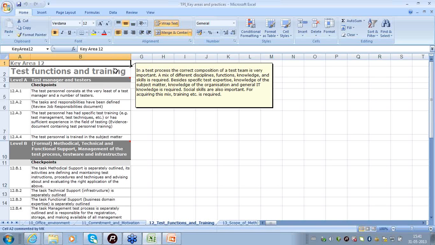Next key area is test functions and training. Here the model says that within the test functions, multiple skill sets are required. It does not suffice that the test engineers have very good knowledge in the software testing domain.